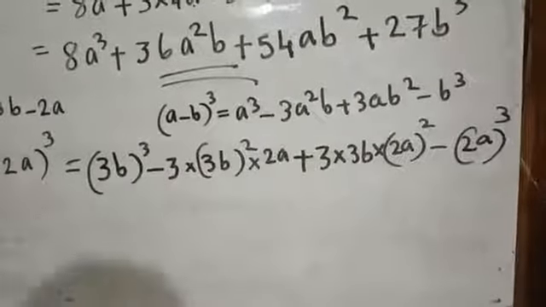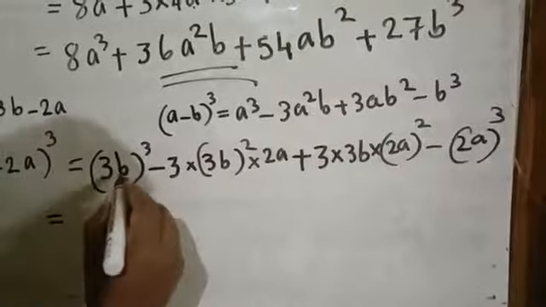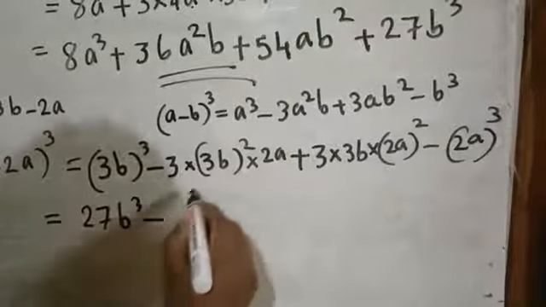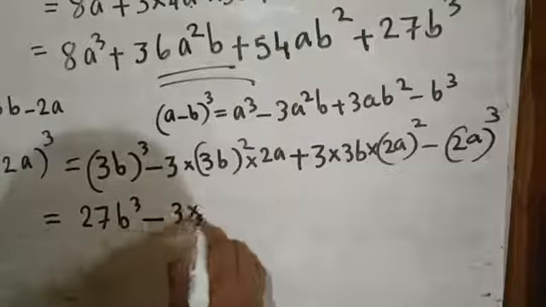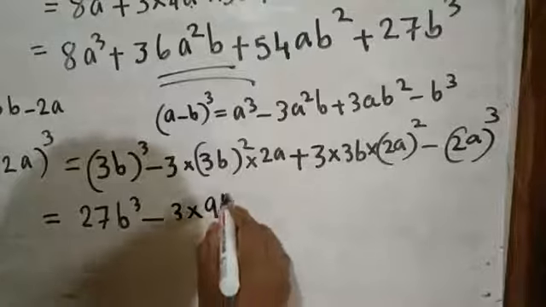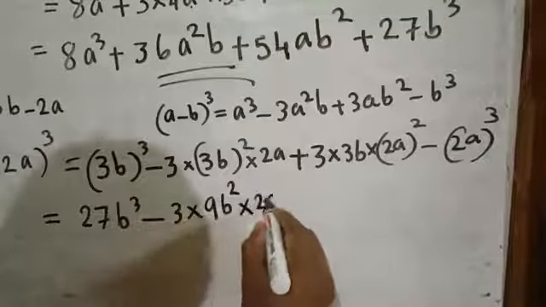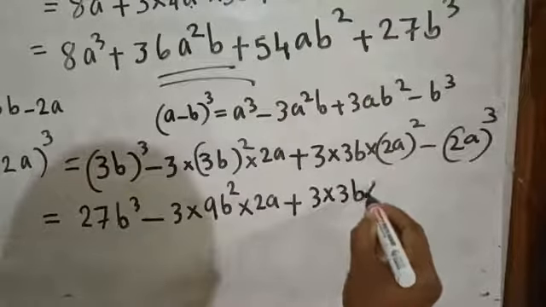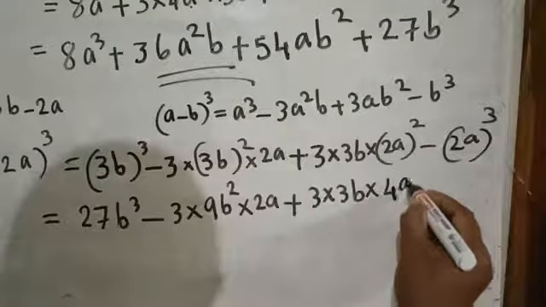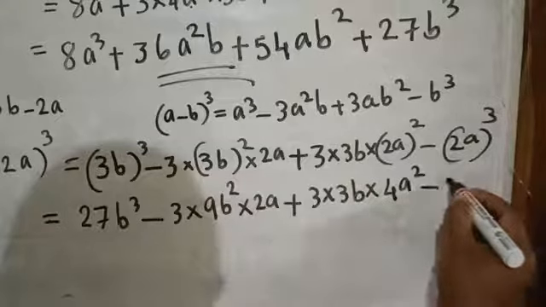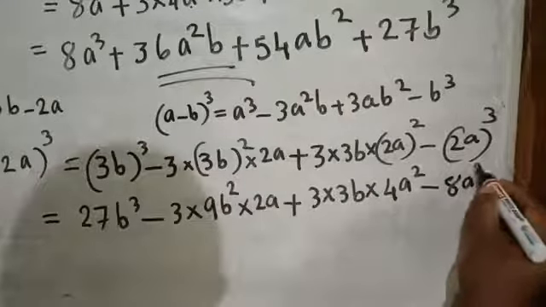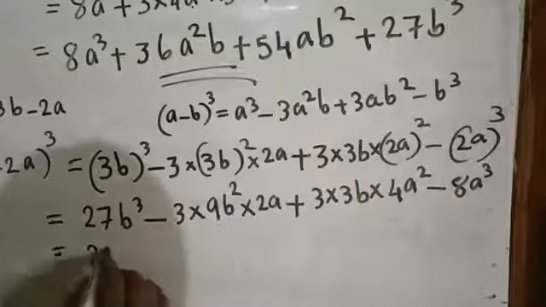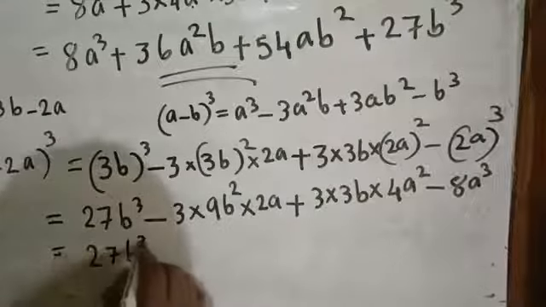2a the whole cube, which is equal to 3 into 3 into 3, 27b cube minus 3 into 3 square 9 and b square into 2a plus 3 into 3b into 2a the whole square is 4a square minus 2 cube 8, equal to 27b cube minus,